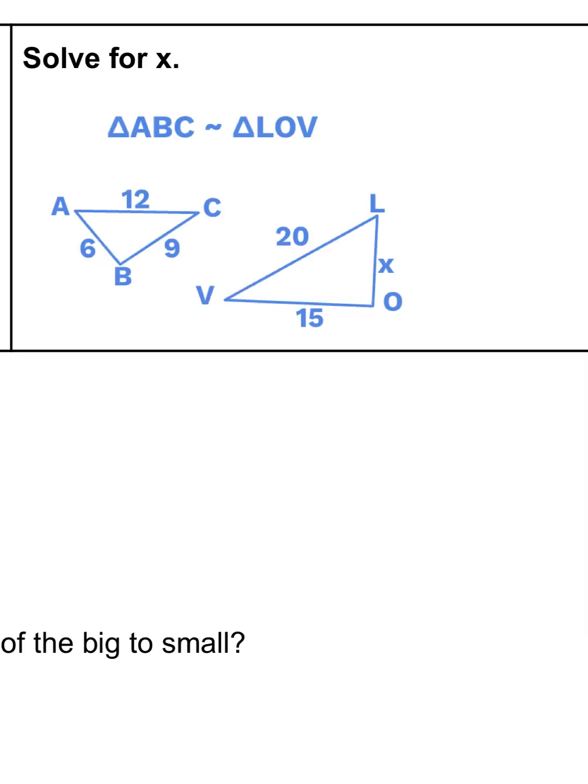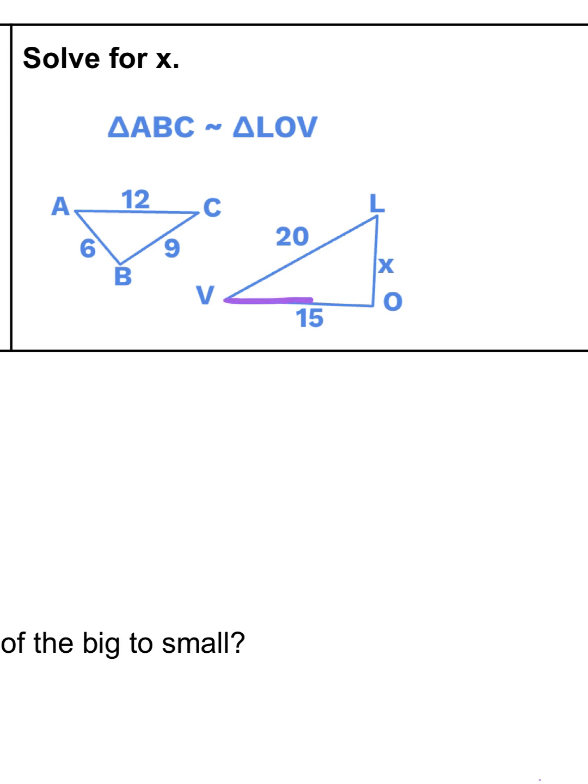Okay, this next example is what we learned yesterday. How to use a similarity statement to find corresponding parts so that we can set up a proportion to solve for x. Similar figures are proportional, so we can set up a proportion. For our first ratio, we need a pair of corresponding sides that are both given. So I'm going to look at my similarity statement. I am going to focus on